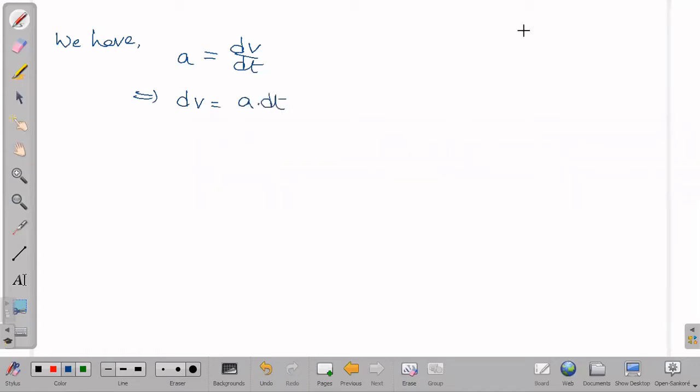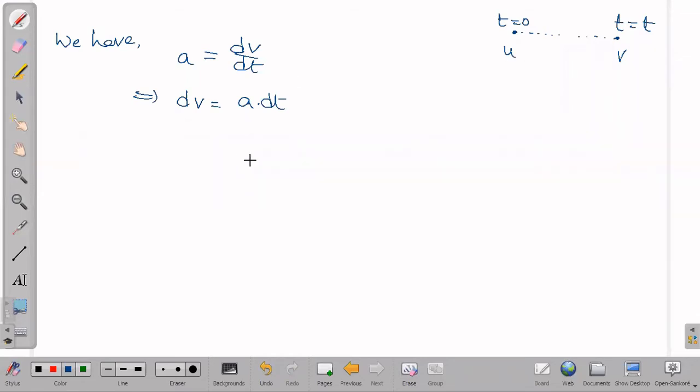Now, if an object starts from rest when t is equals to 0, then initial velocity is u. So it is moving. When it is moving, it is accelerating. So it is accelerated motion, and after certain time t is equals to t, now its final velocity is v. So for accelerated motion only we are writing. So this is the given scenario.